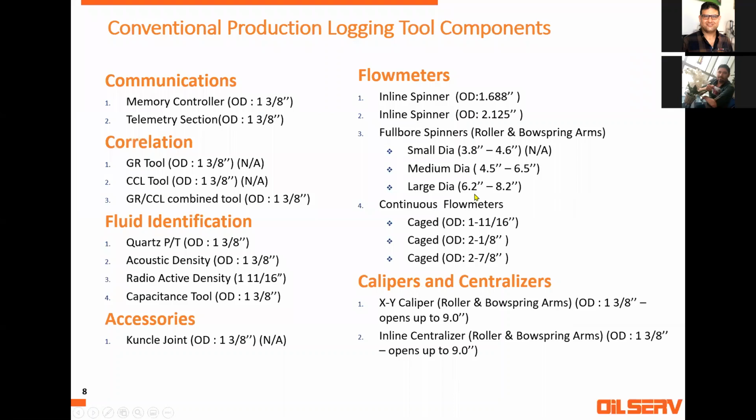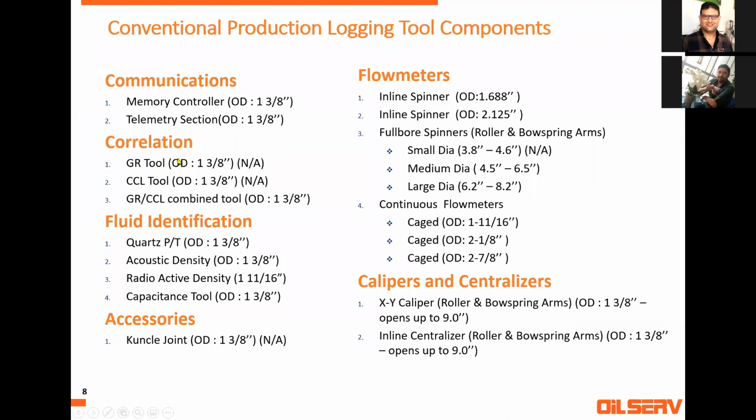So this is like you going to shopping mall. This is the list you select for your operation. And we need to focus on the groups. Why do we put them in groups? There is a communication group, which is, do we go with memory or do we go with telemetry, like real time? This is the communication group.